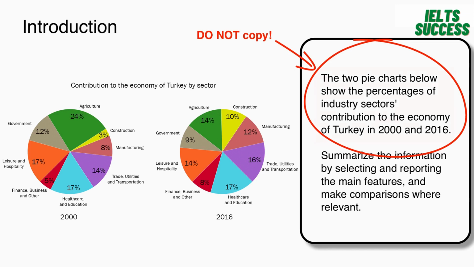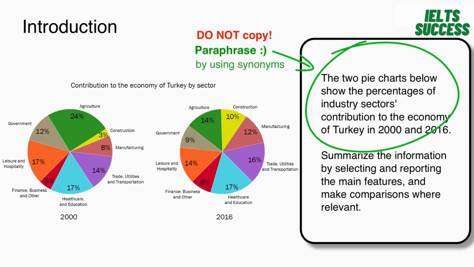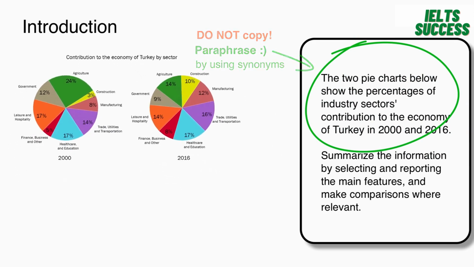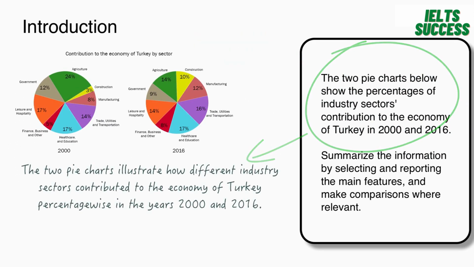Instead of writing, the 2 pie charts below show the percentages of industry sector's contribution to the economy of Turkey in 2000 and 2016, we should write a paraphrased version of this sentence by using synonyms. And here is how I wrote it. The 2 pie charts illustrate how different industry sectors contributed to the economy of Turkey percentage-wise in the years 2000